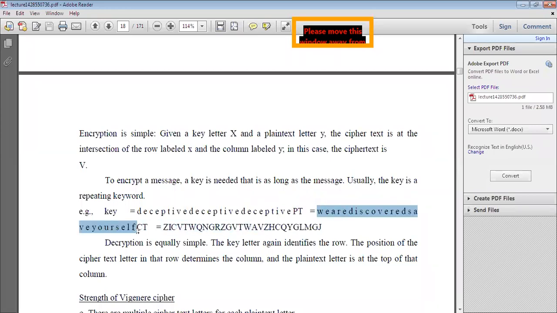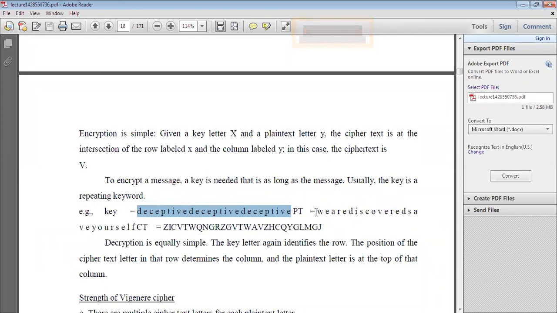How many letters are in this plain text? That many letters of key you also have to write, like this, deceptive. So totally here there are 27 letters in we are discovered save yourself.